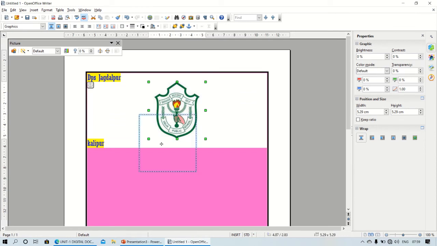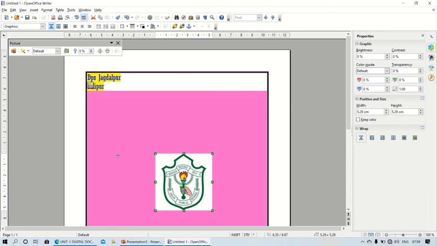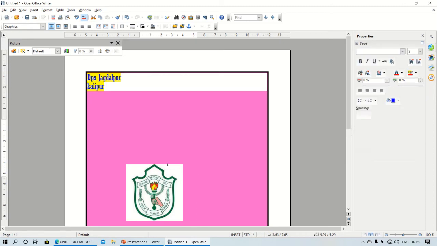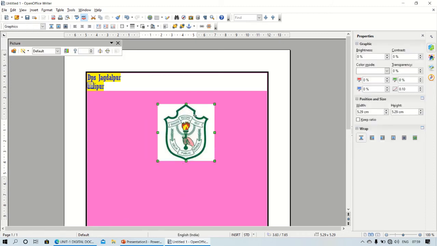Now if you want to change its position, where you want to place it, just left click and drag wherever you want. See, by this you could be able to change it. Here the properties are also available. You can set its contrast. Its brightness could also be set. Color mode is also available, like if you want grayscale, so grayscale is available, black and white is available.